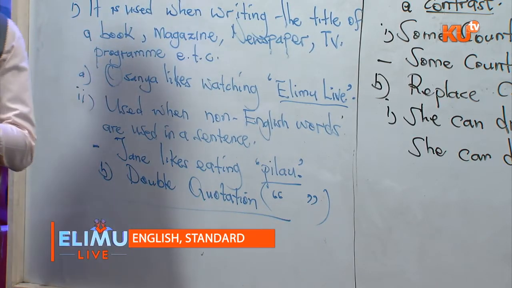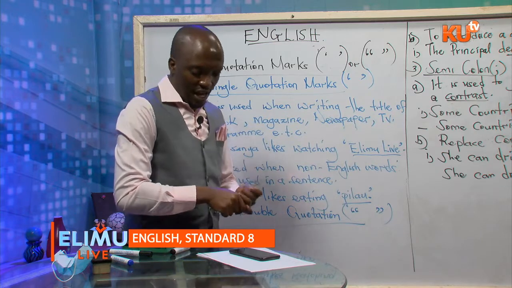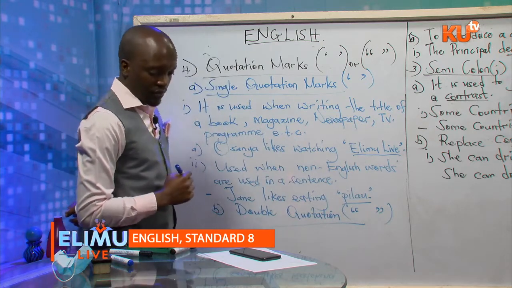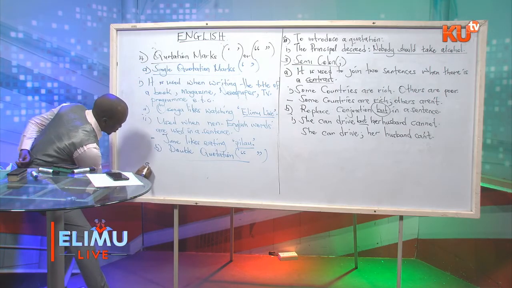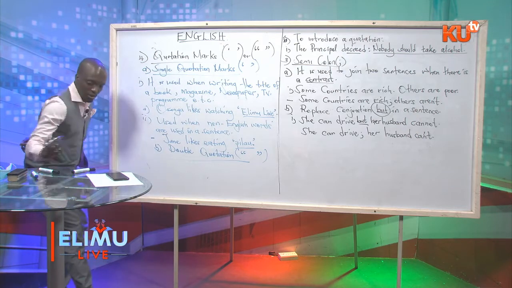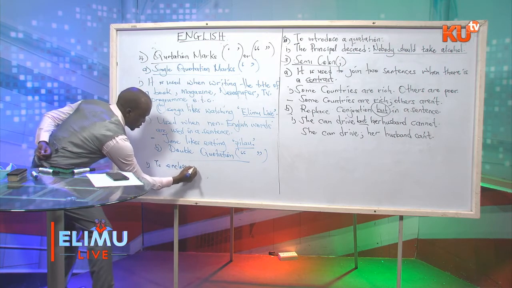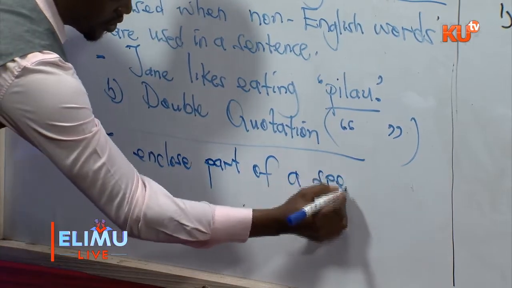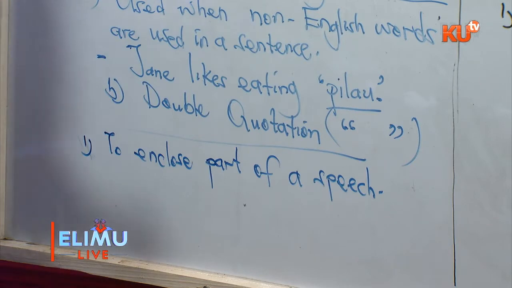Double quotation. Double quotations are also called speech marks. The first use of double quotation is to enclose part of a speech, to enclose part of the spoken words. An example in a sentence would be,